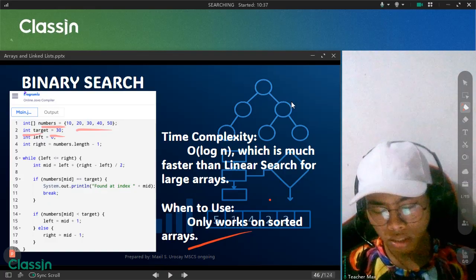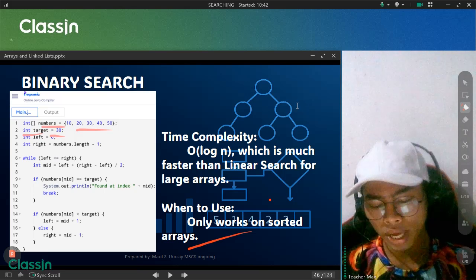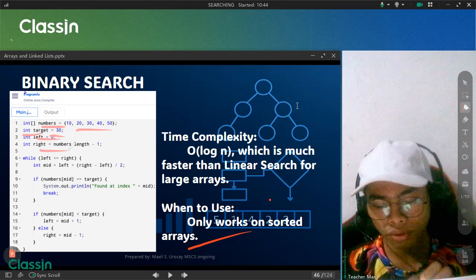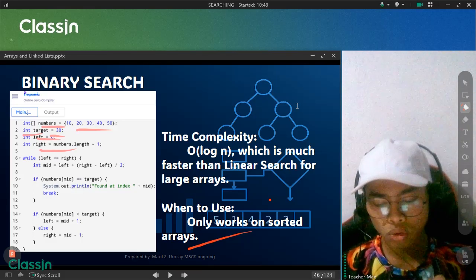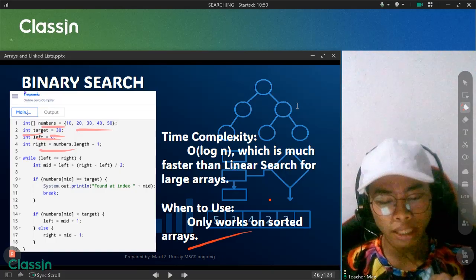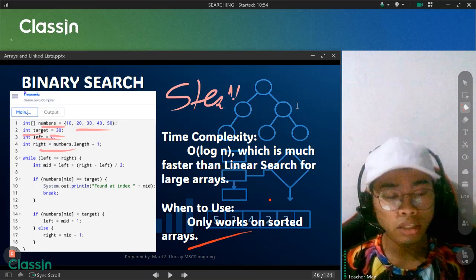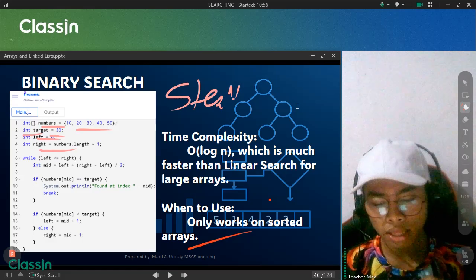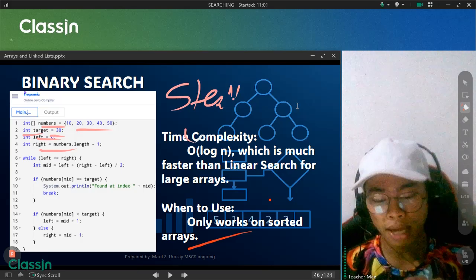Then afterwards, we have here int left equals 0, int right equals numbers.length minus 1. So what does it mean? Left is actually set to 0. That is the start index of the array. And int right is the last element, the end point, the end index.